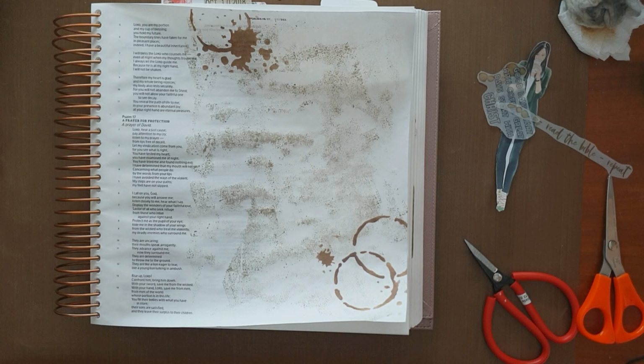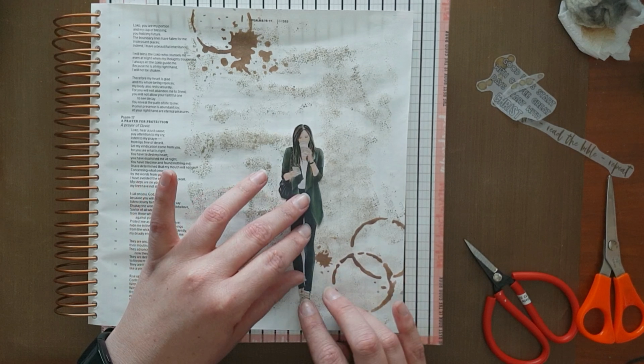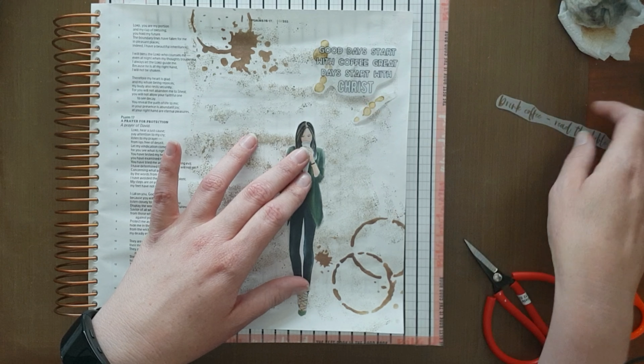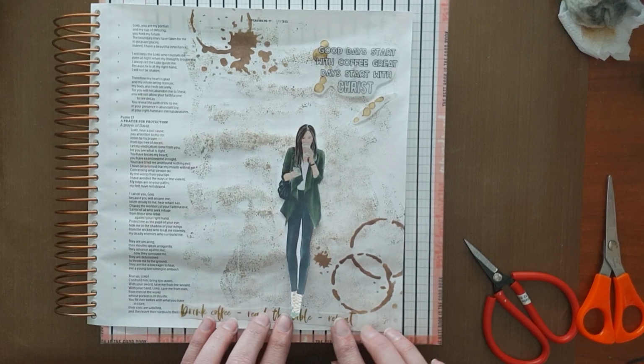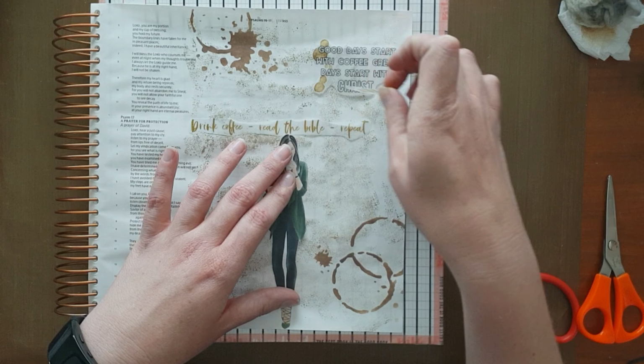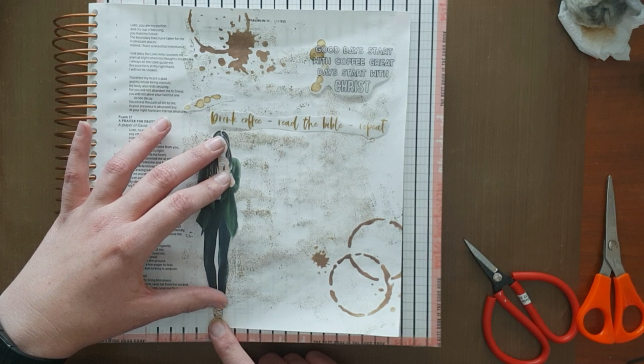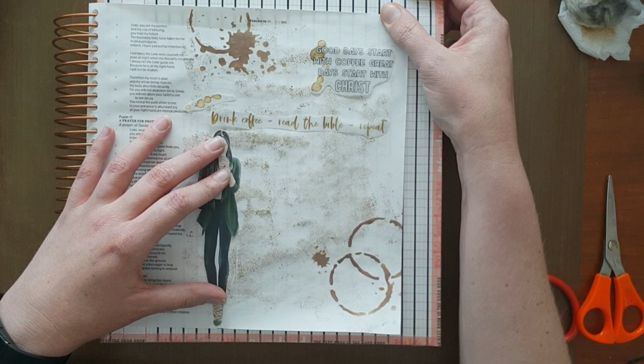I have heat set it as well so that it doesn't smear while I'm working on it. You've seen me put a little piece of washi tape rolled up there on the top of my mat so that it just stays down. The page curls up on the ends or the corners a little bit. And so I'm fussing around with where to put these